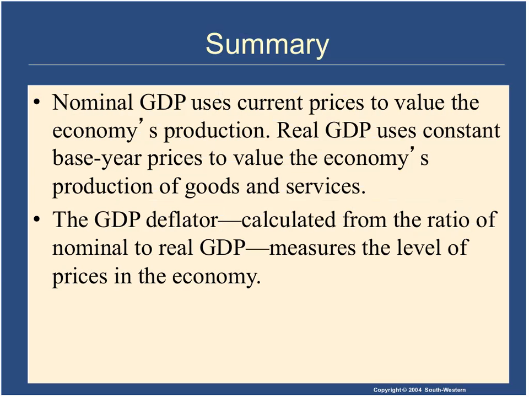I explained this one. GDP deflator is calculated from the ratio of nominal to real GDP, and measures the level of prices in the economy. So basically, the GDP deflator shows you how prices are changing in the economy, because nominal GDP gives you one amount, and real GDP gives you another amount. The difference between these is actually differences in the prices. So the GDP deflator is calculated as nominal GDP divided by real GDP multiplied by 100, and shows you the differences in the price over time.